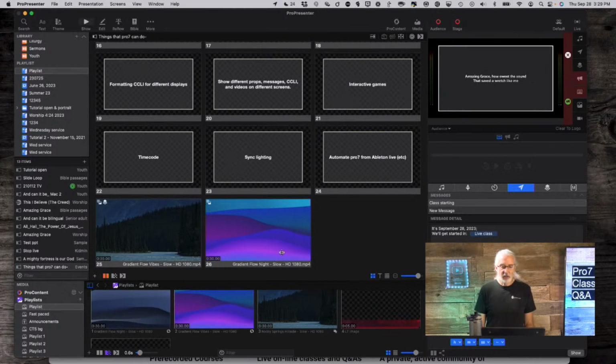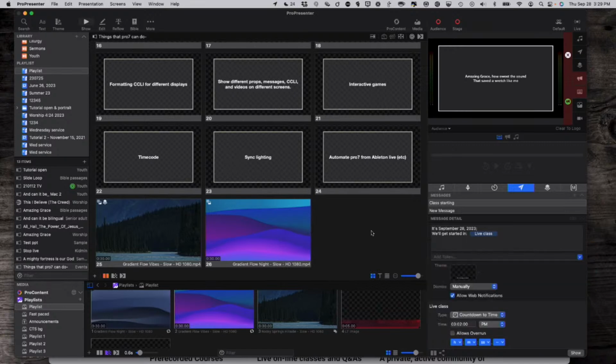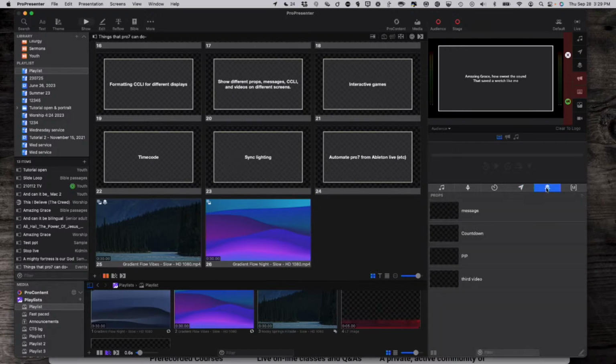And now I need a third video. So the way that I'm going to do that is I'm going to hide myself real quick, go over here to props, and add a prop. So I click the little plus button, and you can see that I did this already, but we're going to do third just so that it's different. Right click on it, edit,